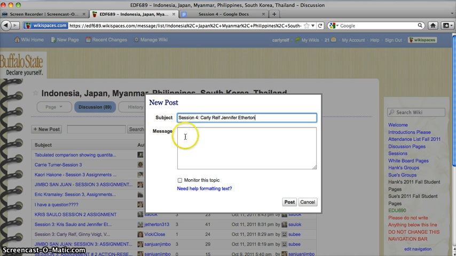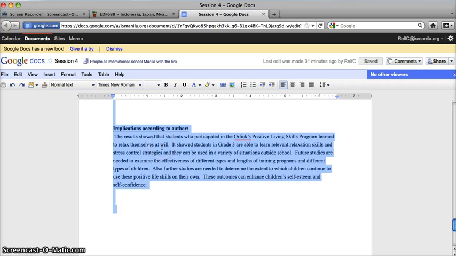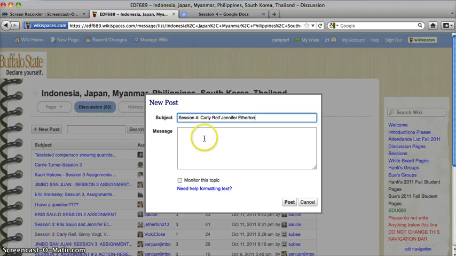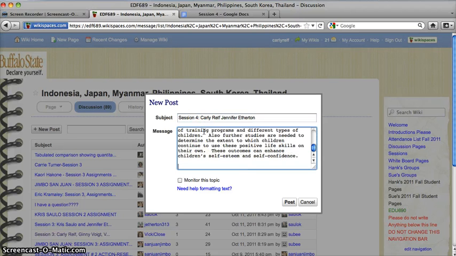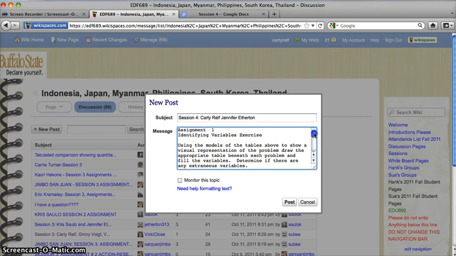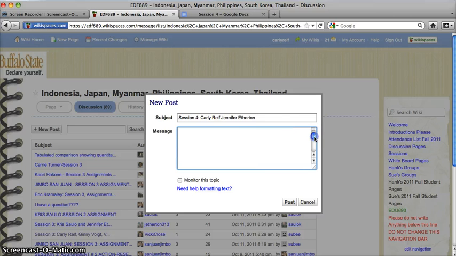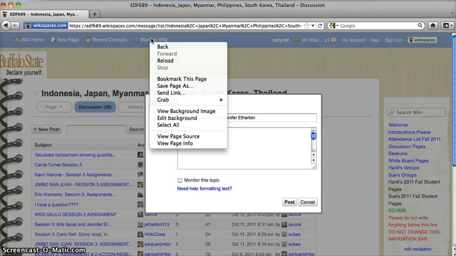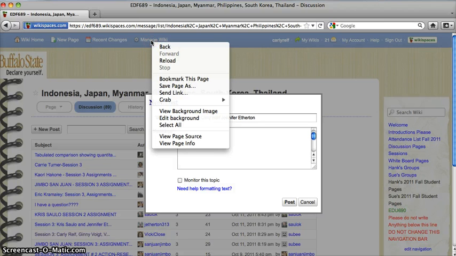Etherton, and then I go into my Google Docs and I copy that, and I go back into the wiki and I paste this, okay, and then I go up, that's the assignment 1, and I find the place for table 1, okay. Then what I'm going to do is save, open this manage wiki,